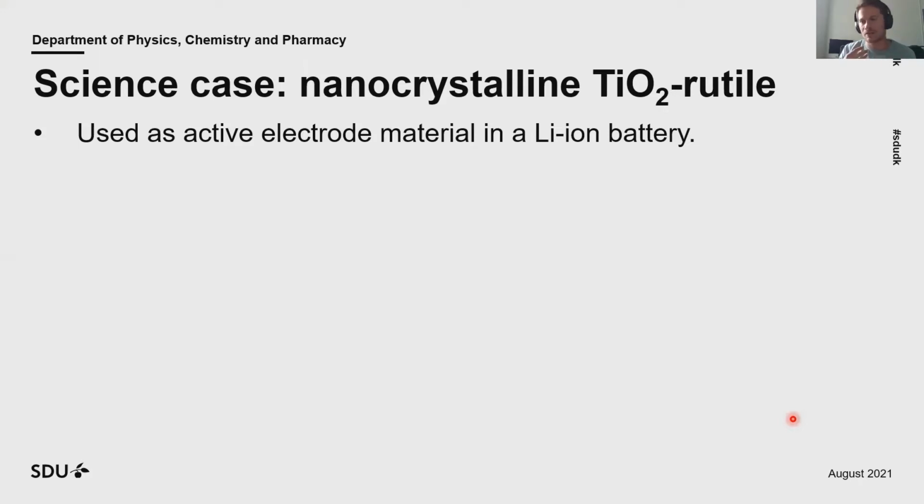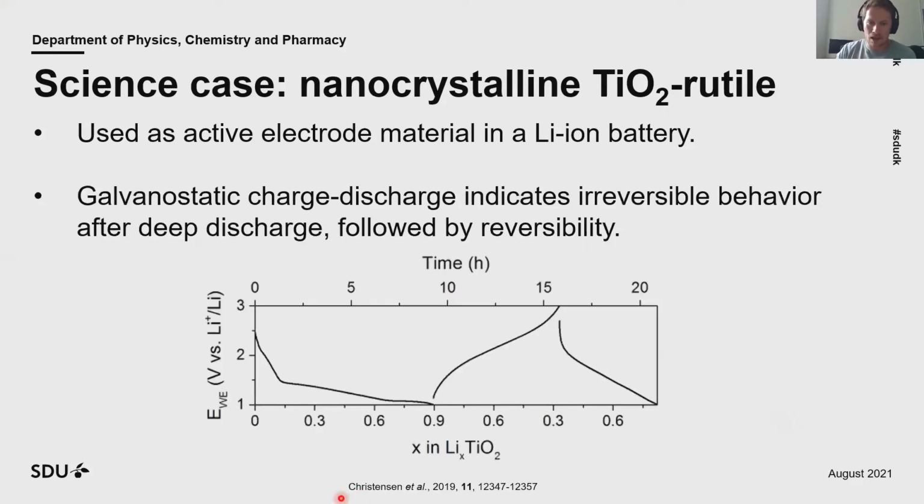and it actually comes from a follow-up study. So I'll briefly try to present the original study here. It is concerned with titanium dioxide with rutile structure, which is incorporated into lithium-ion batteries. And Christensen and collaborators realized that during the galvanostatic charge discharge here, the initial discharge profile is dissimilar to the following charge and discharge profile. So it indicates some